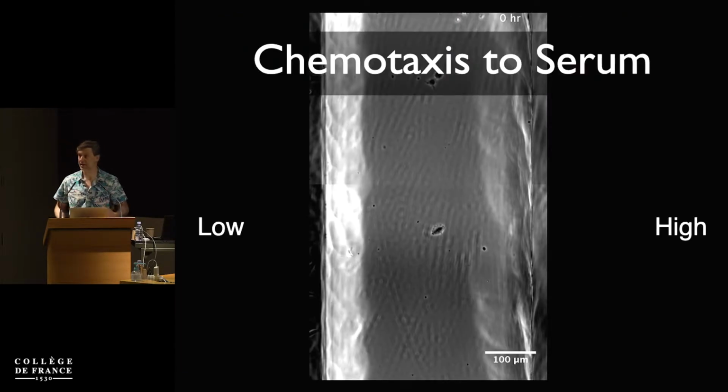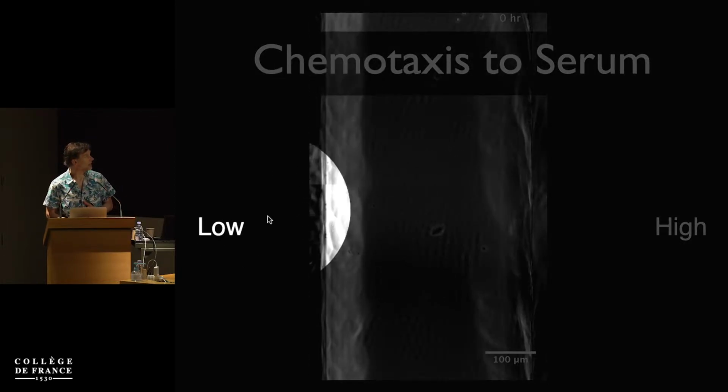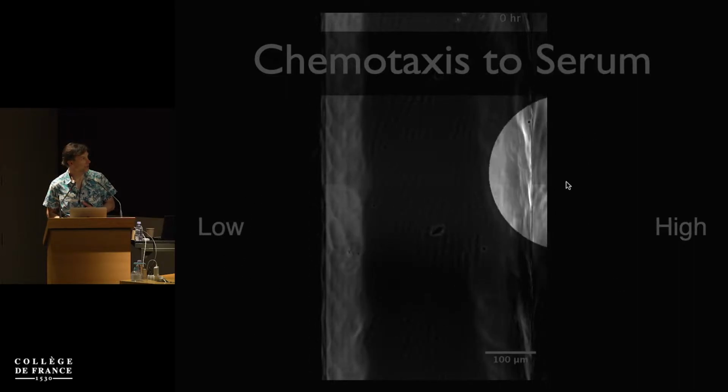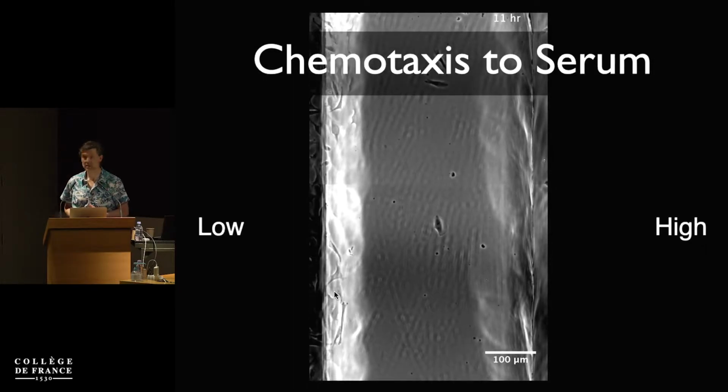And in order to try and understand this, Andy, the first person I showed you, did these chemotaxis experiments. We build chambers, and we love devising different kinds of chemotaxis experiments. So this is an experiment with a chemotaxis chamber. Sally Zygmunt made the first. This is a version I made. So you've got low serum on that side, and you've got high serum on that side, and you're going to put the cells in one side and watch what happens.